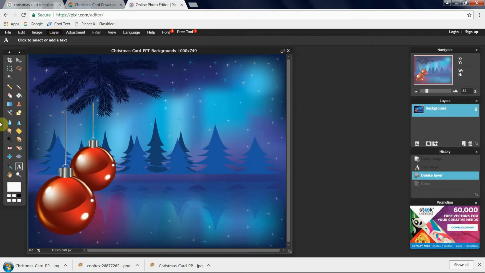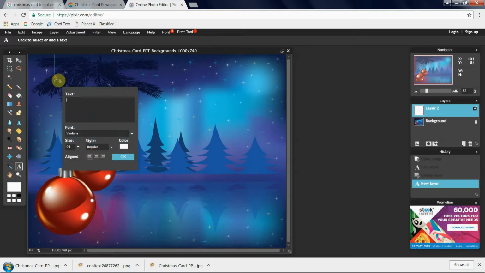Okay, so we could use the text editor built into the photo program here by clicking on the A, and make sure down here you want the color of the text highlighted. Right now I've got white highlighted, and we could click on the text and then come up here and click where we want to start the text. So a number of 94 is probably good enough to start with. I'm going to go up here and click in the text box, and then we will go ahead and type in